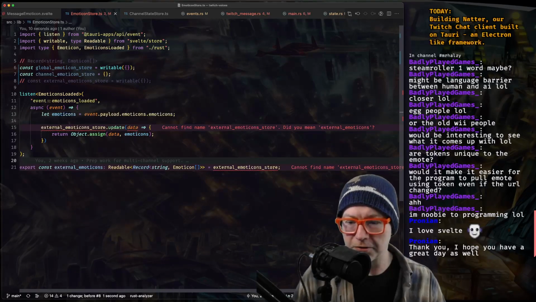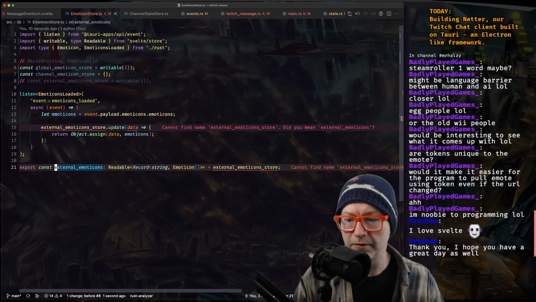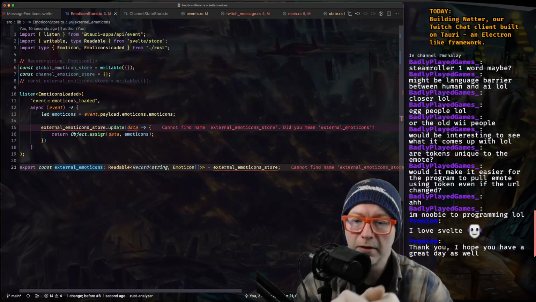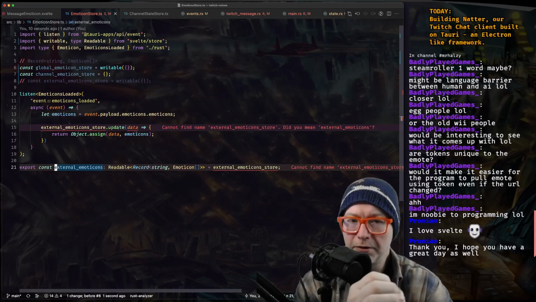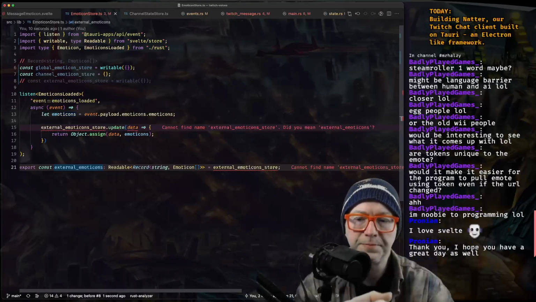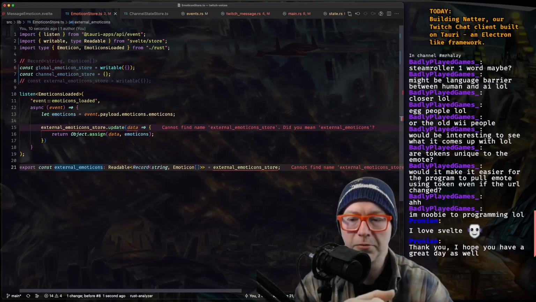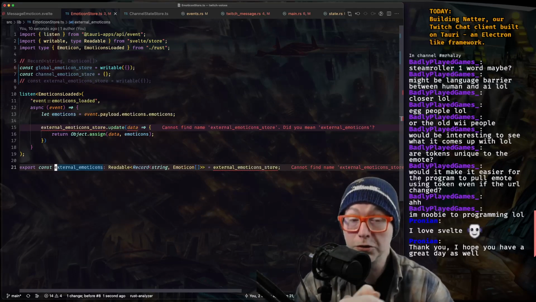So instead of just having external emoticons, we need to have, let's see, global external global emoticons, or we could try to create some sort of interface that things use. But I'm new to Svelte, so I don't know where propagation would happen, right? Like if the store changes, what needs to re-render? And I think in these cases, an emoticon will never change. The emoticon data is always consistent. So having a function return the emoticon data should be fine.